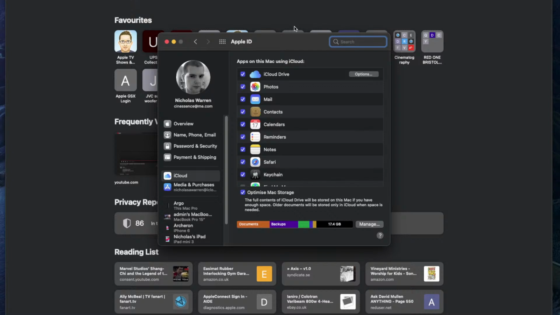So the question here we've got is, if iCloud is really on my machine, why does Apple charge for it? So what you're being charged for is extra storage space on their servers. So as I say, they give you 5 gigabytes for free when you have an Apple ID. But if you're wanting to manage more data than that, then you need to pay them for more space on